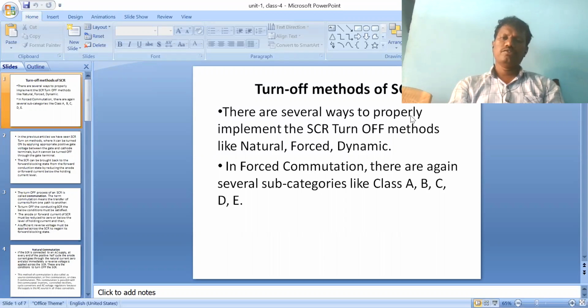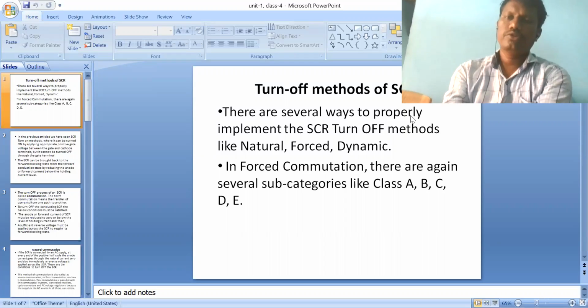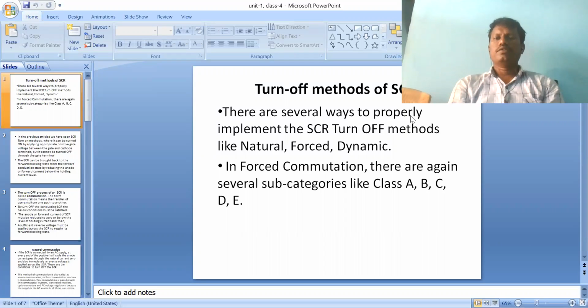Suppose you give an AC supply, that is alternating current, with a first positive half cycle and a negative half cycle, with different conditions. During the positive half cycle the SCR is in on state. At the end of every positive half cycle the current value is zero. During that zero current the SCR is automatically in off state. There is no need for separate circuits or elements to turn off the SCR. So the basic idea is that turn off depends upon the input supply given to the SCR.